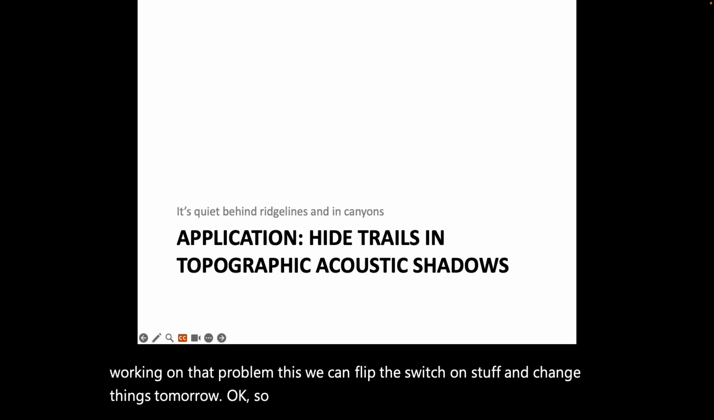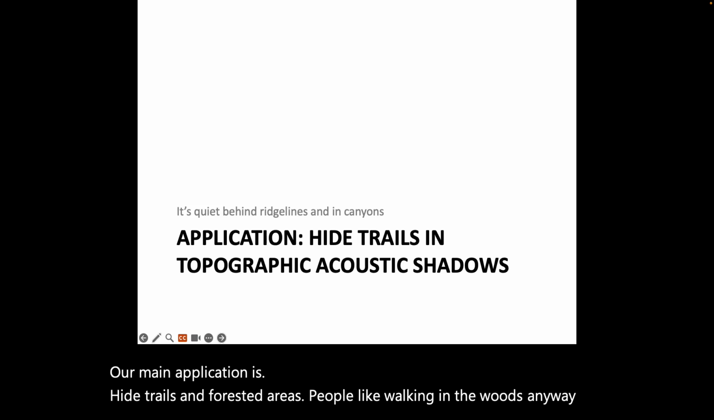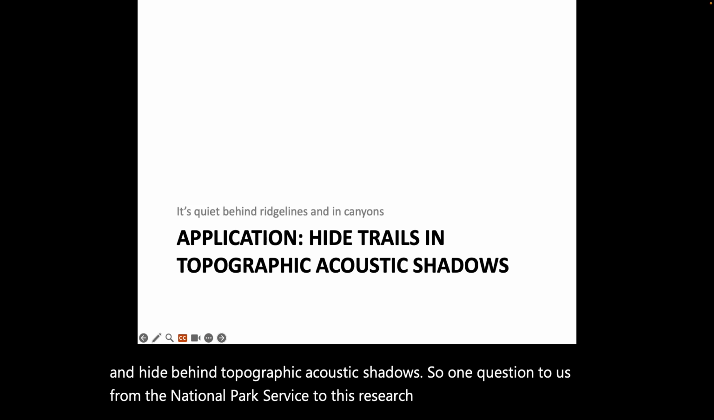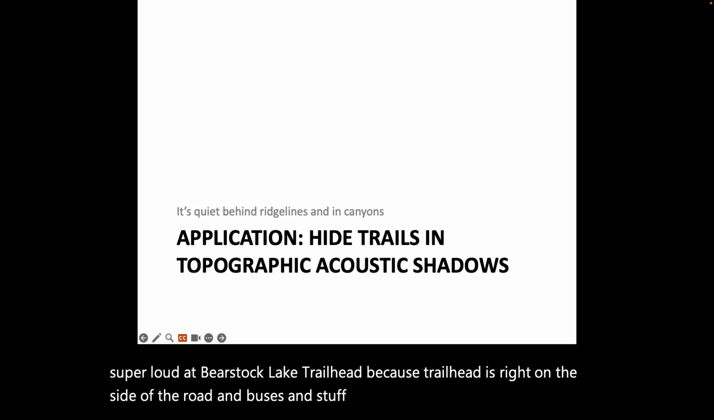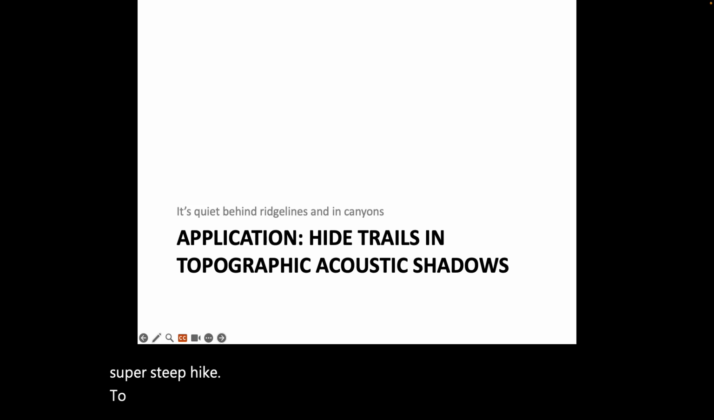So, our main application is hide trails in forested areas. People like walking in the woods, anyway. And hide behind topographic acoustic shadows. So one question to us from the National Park Service, to this research group, was, we know that it's super loud at Bearstadt Lake Trailhead because the trailhead is right on the side of the road and buses and stuff are whizzing by, and we know it's a super steep hike to get folks over to that acoustic shadow on the far side. Should we, like